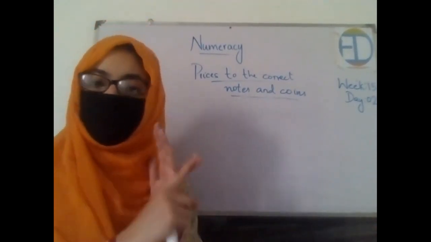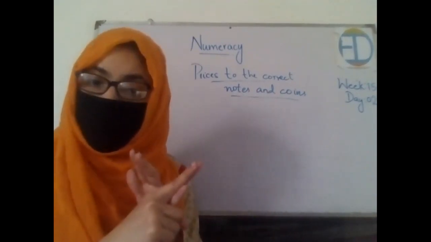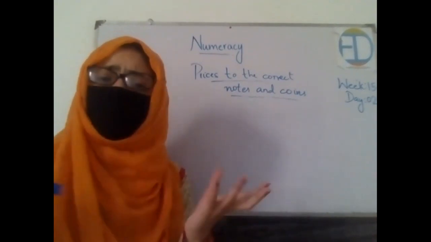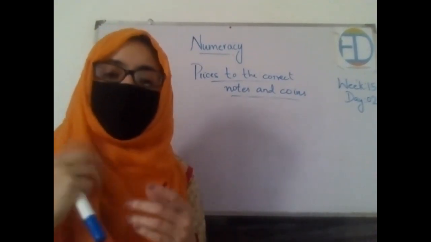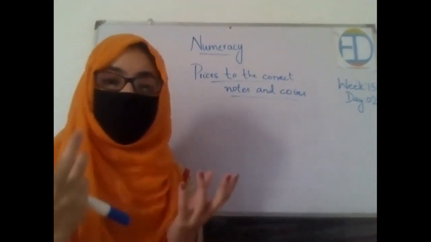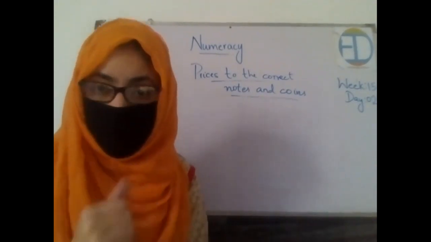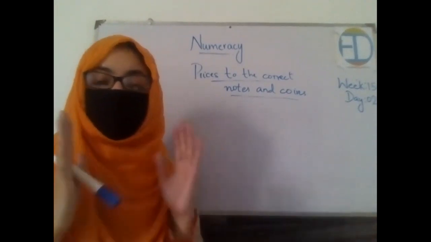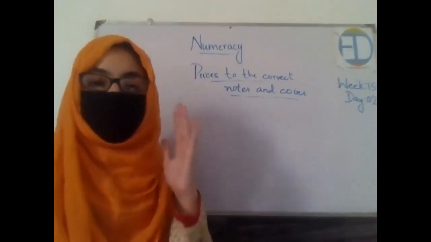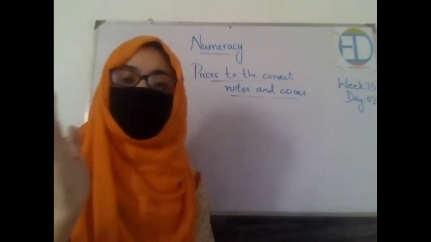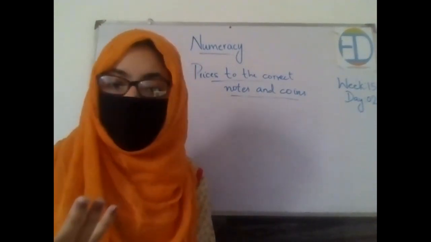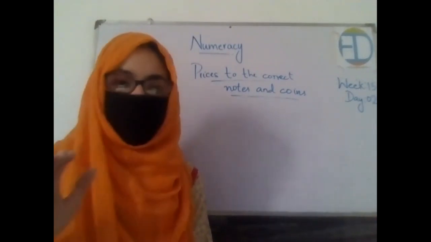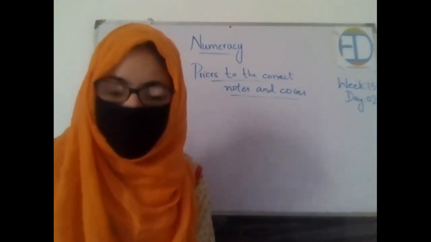How many coins do we have? How many notes do we have? What are their values and how do they look like, right? So now we can easily identify them as well, and we can easily talk about their value as well. In today's class, in your book there are some pictures, some things whose prices are given, and on the other side some coins or some notes are given, and you are supposed to match the price with the correct value, right? Is this interesting? Okay, great.